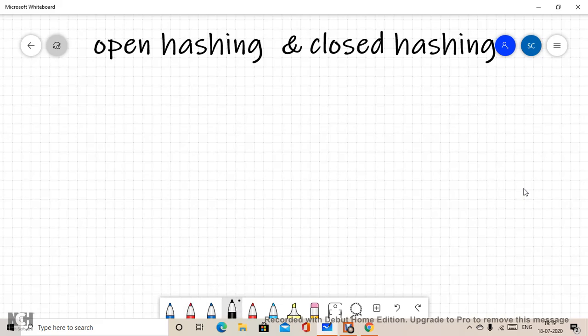So in case of open hashing, we also call it separate chaining sometimes. And closed hashing is also known as open addressing.